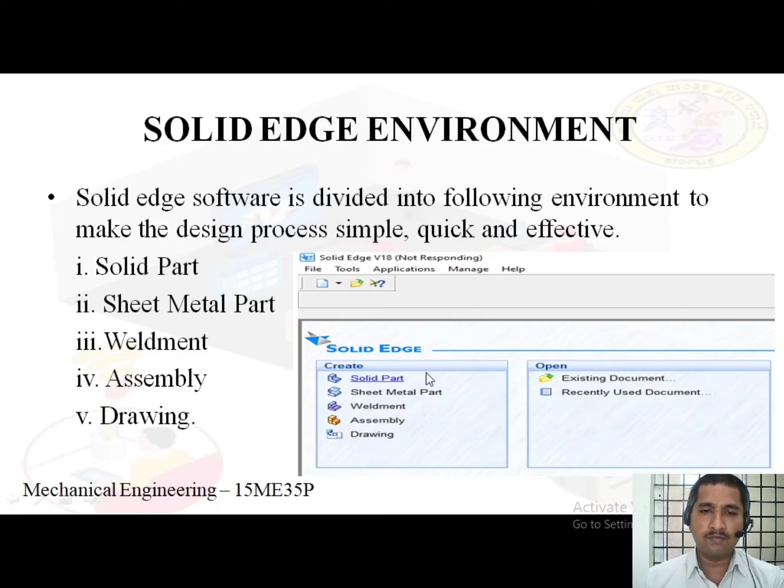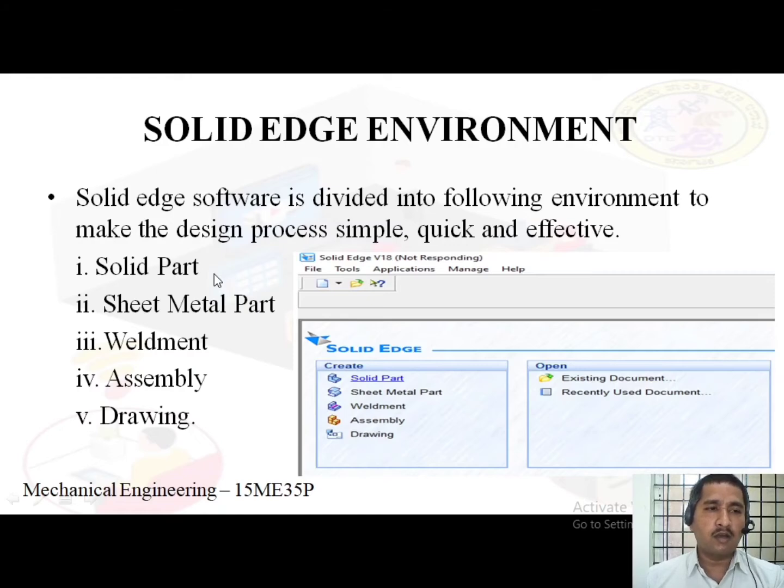The first one is the solid part environment, the second is the sheet metal part environment, the third is the weldment environment, and the fourth is the assembly and drawing environment. If you go for the drawing environment, just click on drawing, and you enter the drawing environment. First, we are going to discuss what the solid part environment is.